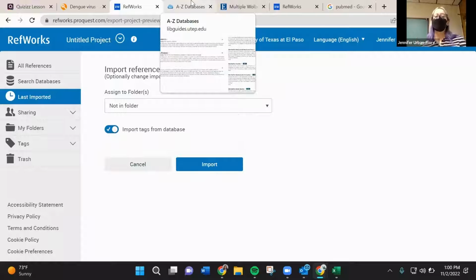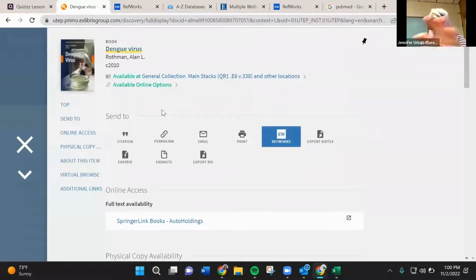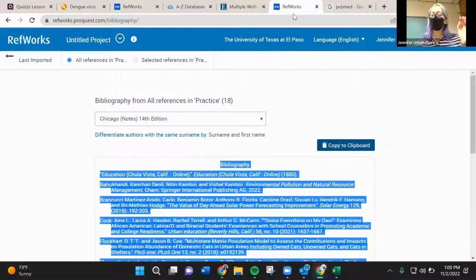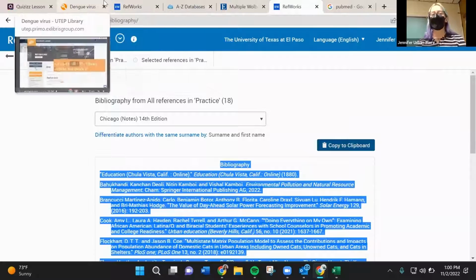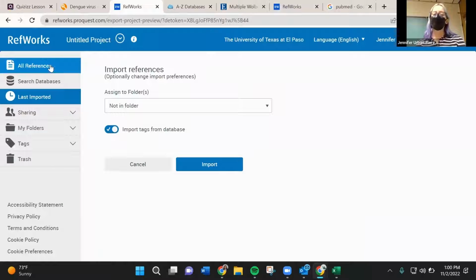Like say you didn't find it in RefWorks, or maybe you didn't find the book on MinerQuest, maybe you found it at the bookstore, or you found it on Google or somewhere else. A lot of places will have an export to RefWorks option, but if they don't, you can still add things manually. But yeah, if you want it to create the bibliography for you, you will have to tell it all the things you want it to add to your bibliography. Does that kind of answer your question?